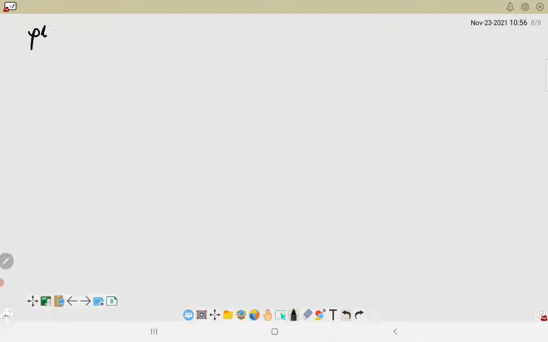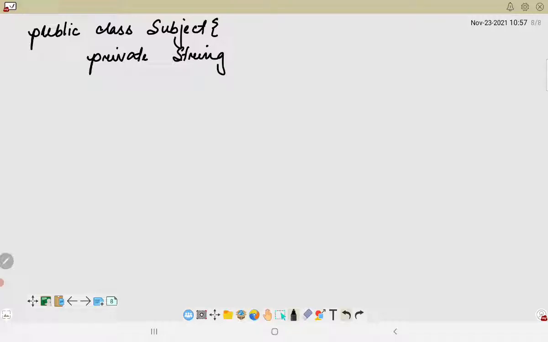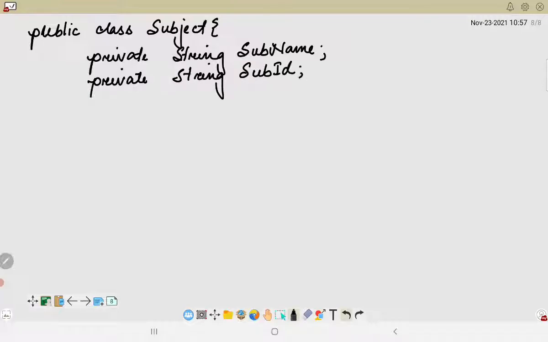So let us write it down as public class Subject, and here we will be using three strings: private string subject name, then private string subject ID, then private string course category.